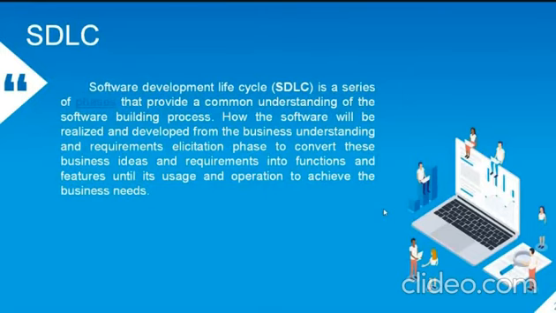Once we are done with the business requirements, we need to convert these business requirements into functions and features which are being operated. In order to do that, in the second phase of SDLC, we will be designing that particular product. It means we'll try to identify what are the different components needed and what is the relationship between those components in order to bring the software into operation. The third one is implementation. Here we try to implement the modules we have designed in the previous phase. After implementation, we try to test that particular thing.